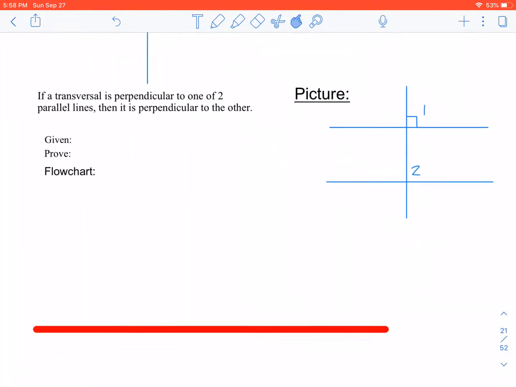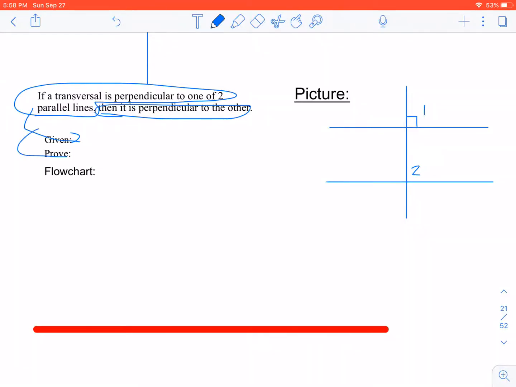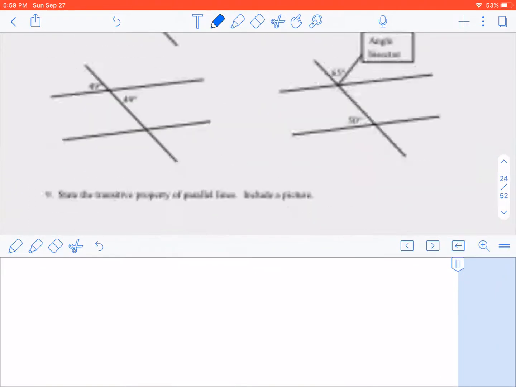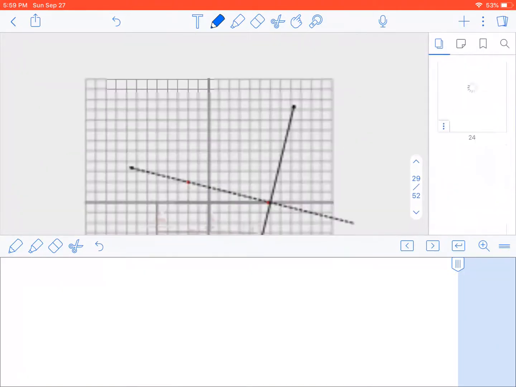So given. It's just the same thing here. All this is my given. Perpendicular, that's what we're trying to prove. In this one, we're going to use a flow chart. So,